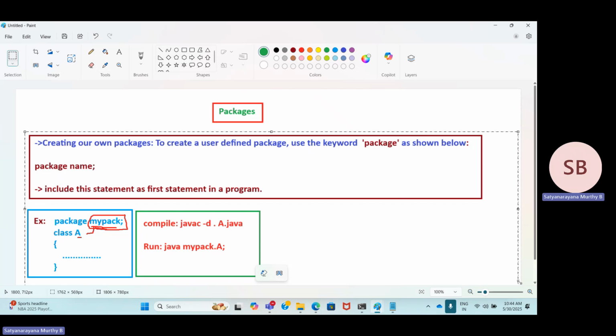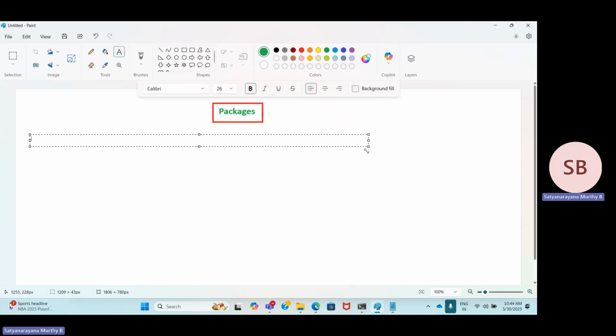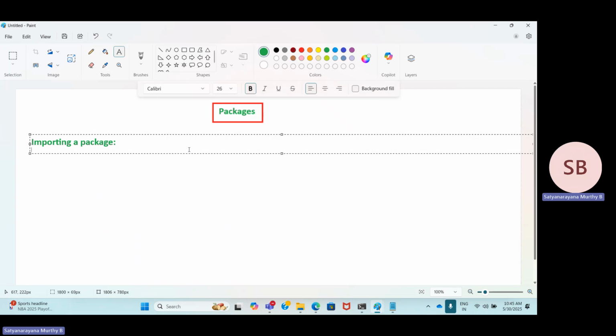Once a class has been defined and compiled successfully, then I want to use this particular class in a new context. Then what we should do is import this particular package. That is the second important concept related to packages: importing a package. Now, in order to use a predefined